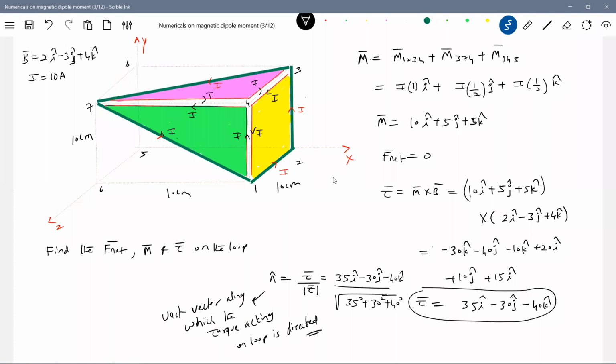So whenever loops are incomplete, you can assume equal and opposite current elements and make them complete loops in given planes, then define the dipole moment in each individual plane, then the net dipole moment as the vector sum of the dipole moments of the individual planes. I think this is the one method. Remember, very easy. Any numerical related to this that comes, you can manage in the exam. Okay, make observation. I'll go for the next problem.